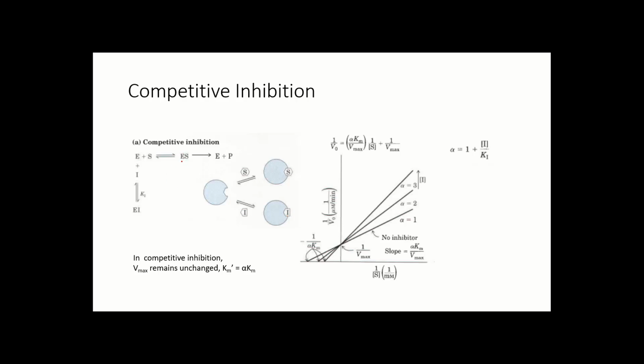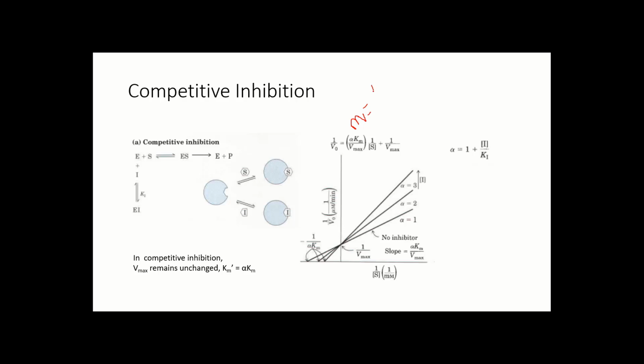After the formation of this ES complex, the substrate will be converted to product and the enzyme will be released to form E. So the main feature of this competitive inhibition is that I and S, inhibitor and substrate, have the same binding site and will compete with each other for it. If we plot 1 by V versus 1 by S in the case of competitive inhibition, then we can see that 1 by V naught equals alpha Km by Vmax into 1 by S plus 1 by Vmax. If we compare this equation with y equals mx plus c, then the slope, or m, will be